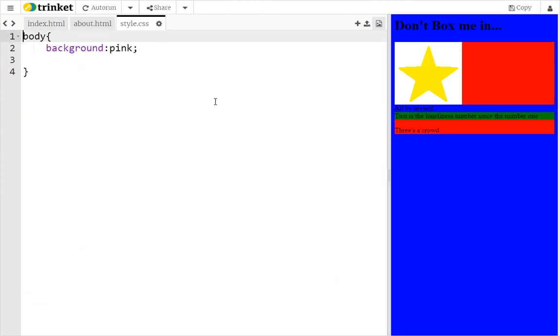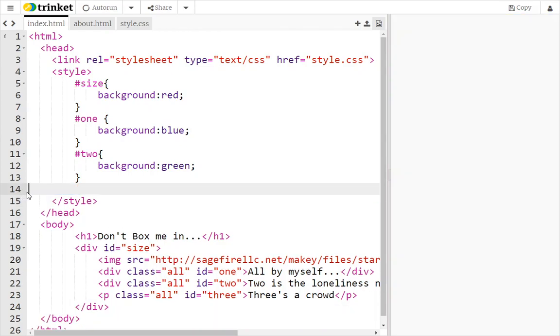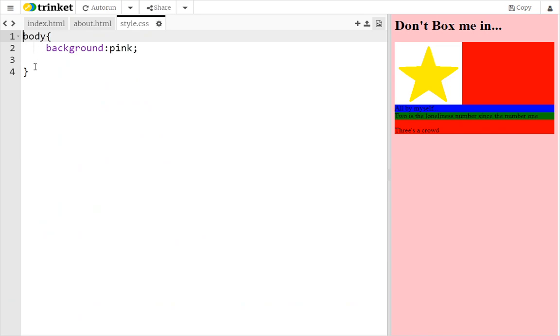So this is the least specific. When you put it here in the style, it's more specific. And then class, and then ID, and then if you actually literally put it on the object itself. But we're going to delete this because again we want you to see that this background for the body applies